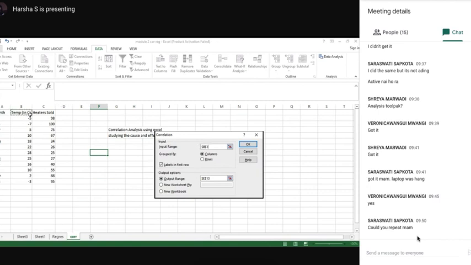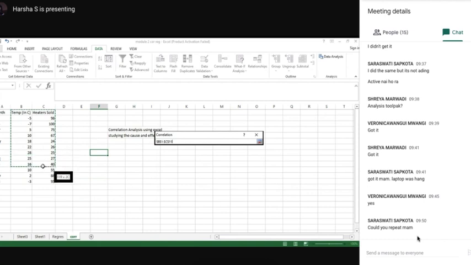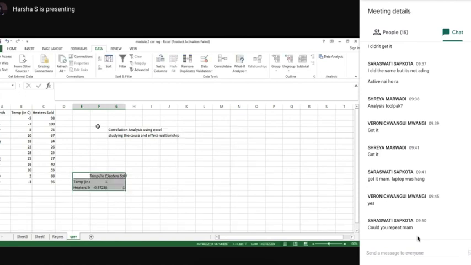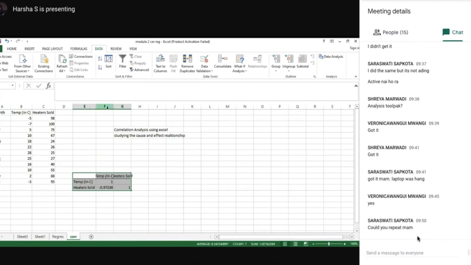In my case, I have two columns, so I'll include the labels as well, and I check the box for labels in first row, with things grouped by columns. Output range means the cell where I want the calculation. I click on a cell, for example here, and then click OK. Then you have the calculation here.